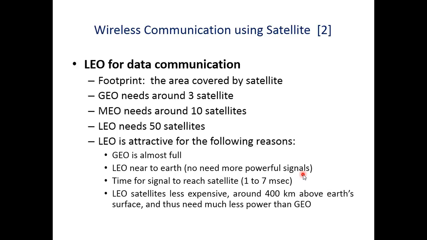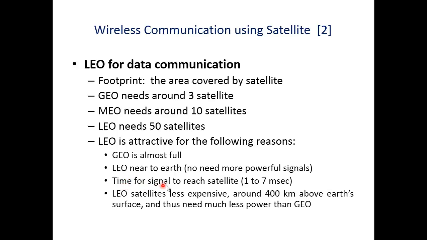If it is in the LEO, it can easily reach there and come back to the receiver. If it is in the GEO, then it has to cover 40,000 kilometers up and down, meaning 80,000 kilometers, requiring some time as well as more powerful signals to send the signal up to 40,000 kilometers into the